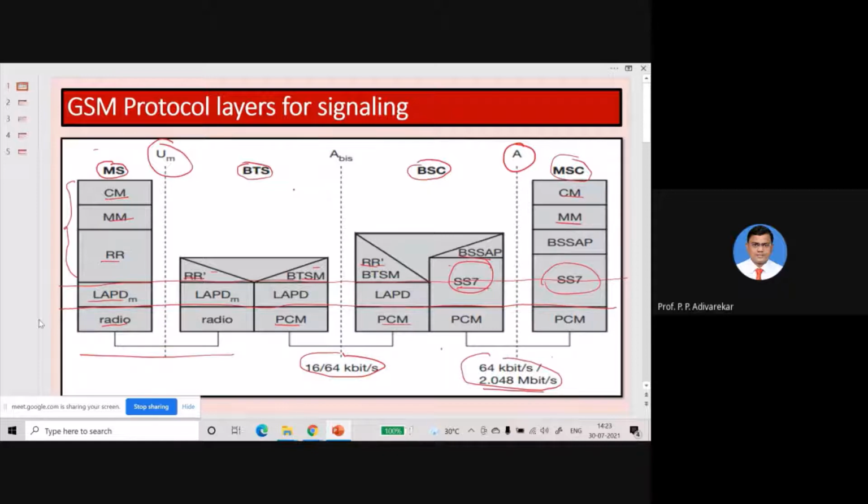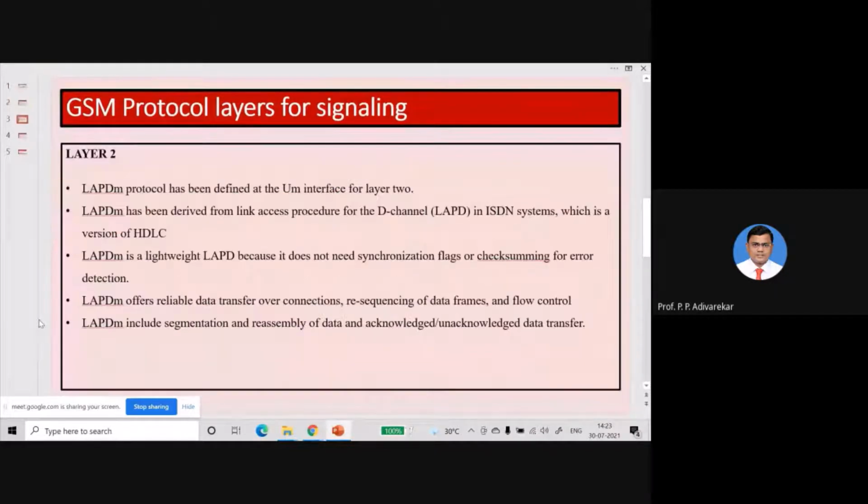So now let's move to the data link layer, that is layer number 2. Okay, so layer number 2 is the data link layer in the OSI model, we know. In the GSM model, layer number 2 has a special protocol which is called LAPDm, here you can see LAPD subscript m. Okay, that is Link Access Procedure for the D channel.